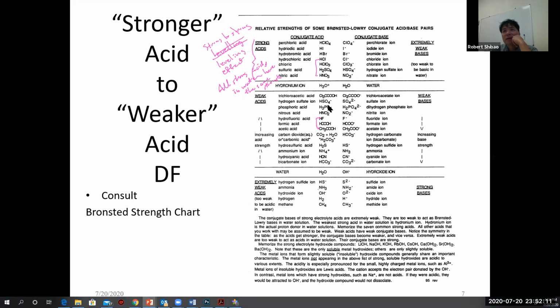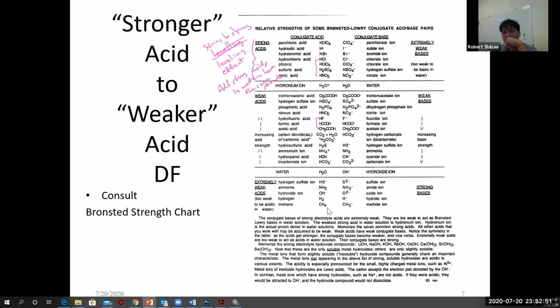So this is our acid-base chart. Later on, we're going to be looking at the structure and trying to look for patterns in acidity, and there are lots of patterns. Now, these are the conjugate bases. This is a conjugate relationship. So if we have a strong acid here, its conjugate will be weak. And so these are all bases. Bases want an H, acids don't need an H. That's Bronsted. So here we look at perchloric acid, its conjugate base is perchlorate. Perchloric acid is a very strong acid, so it doesn't really want the H. That means perchlorate's a very weak base. It doesn't really want an H to go back to perchloric acid.